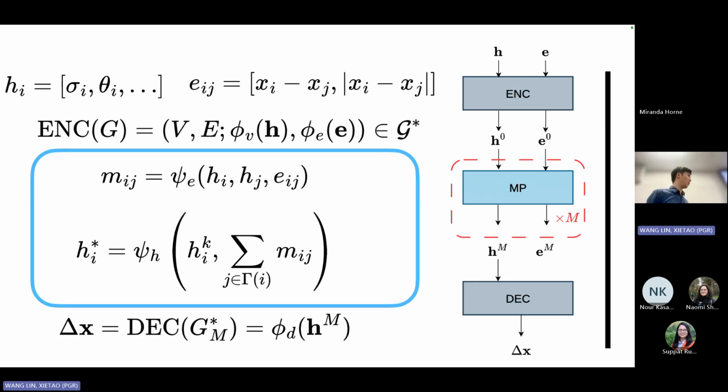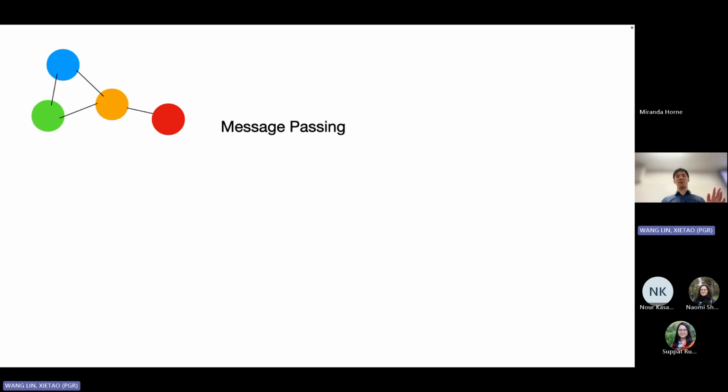And lastly, for the output, we take the vector information in the nodes and decode it into something we can use to move the simulation forward. Here, it makes sense because we have the current position to target the displacement, so that the future state is basically just the current state plus this displacement we just predicted.